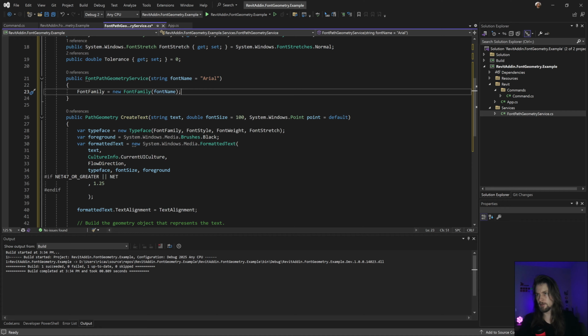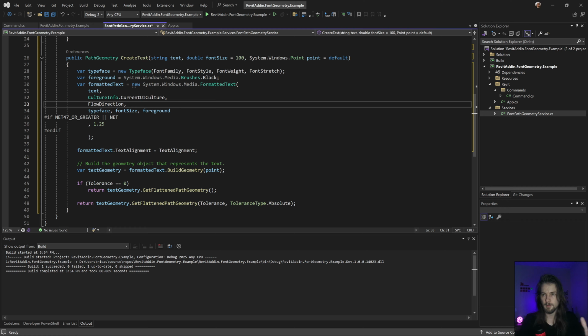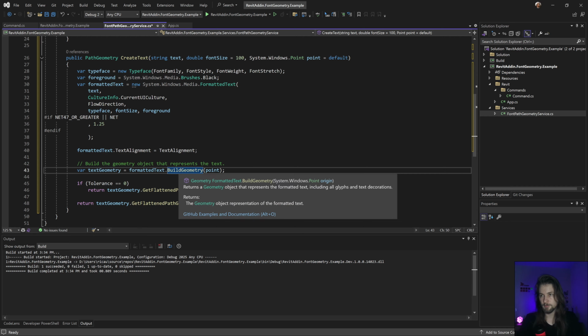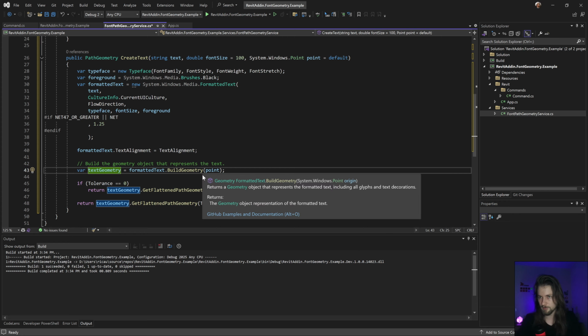Basically I can get a font in my system, and then I can use that font to build a shape. That shape you can use to render inside WPF, I guess, or in SVG, I guess. Yeah, something like that.